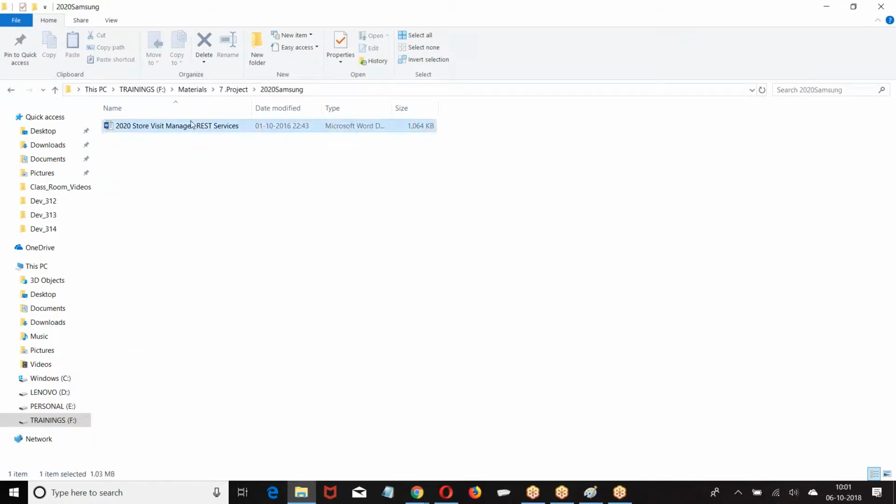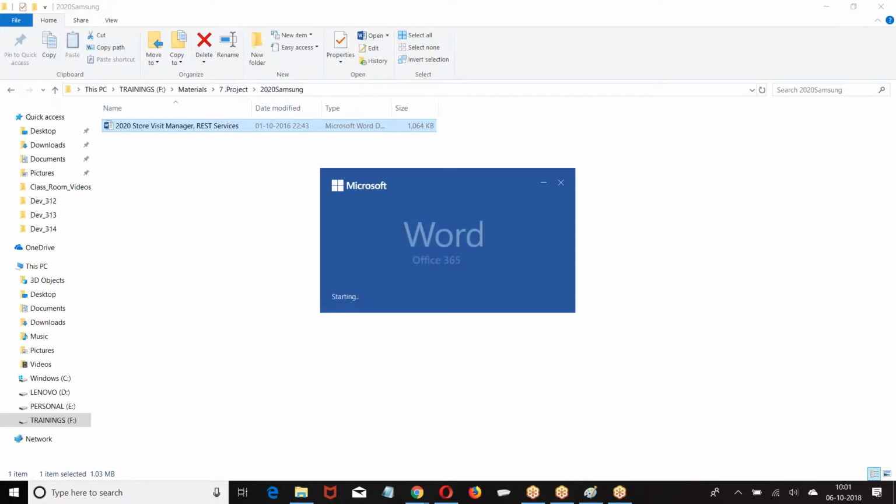This is one of the survey applications connected with Android. Salesforce is a service provider. The Android application is the consumer. So from Android mobile, Samsung people are making a survey for their products.